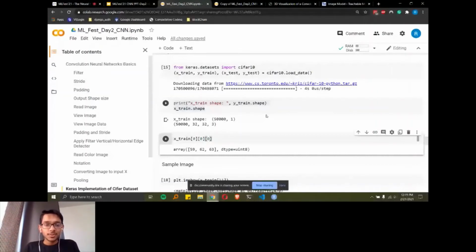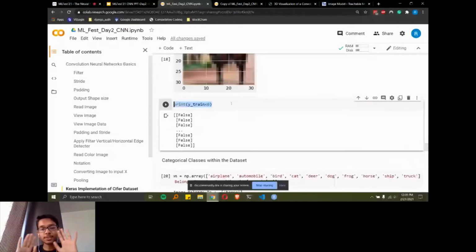Now what we're trying to do is print ytrain less than 0, meaning if there is any label which is not defined or improper, since the labels are from 0 to 9 for this particular dataset. I just looked into it, and there is no label which is less than 0, which would indicate nothing. So all the labels are correct. That's what we are trying to indicate over here. Okay, so let's move on quickly.